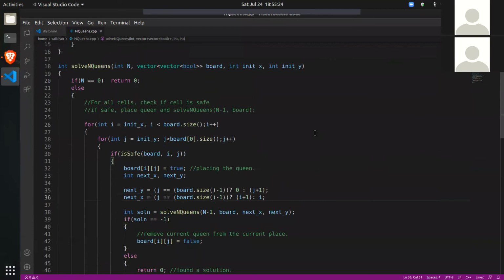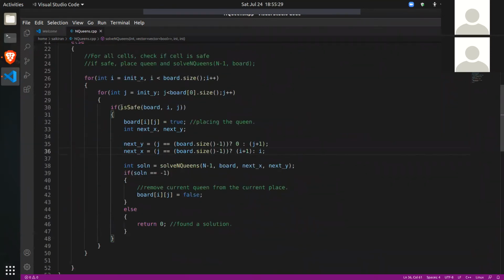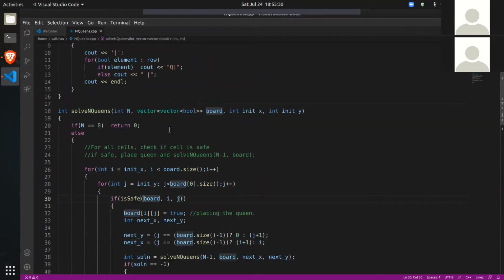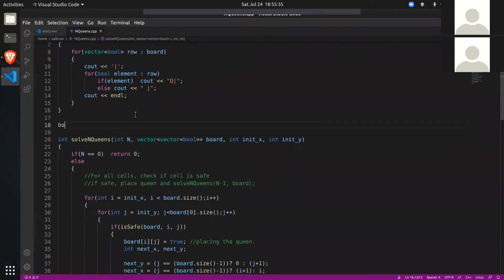Okay, now it is time to write the isSave function. So what does isSave do? It will return a true or false. If the cell is safe, it will say true. If it is not safe, it will say false. So what will it take?